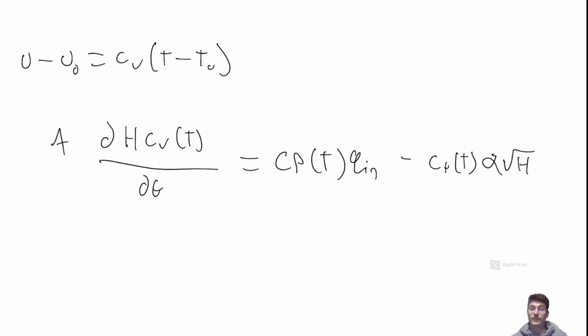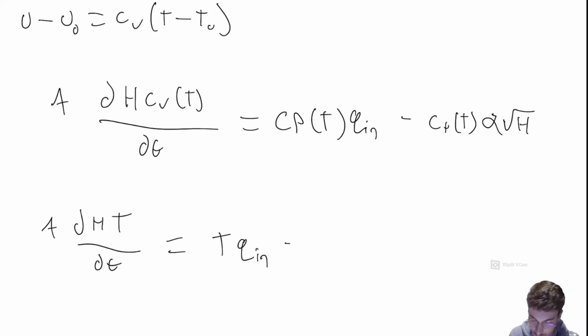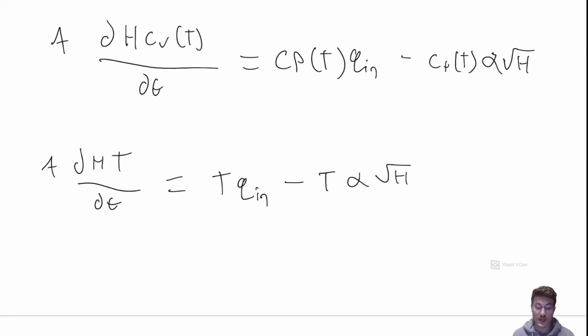So then, since we earlier said that CP and CV we're going to set those equal to each other for this case for simplicity, we can go ahead and pull that out with the A and just completely cancel those out. So then what this is going to be, well, we can factor it out and then cancel it out. So then it'll end up being A dHT over dt, and this A is out here, is equal to the temperature Q in minus the temperature alpha radical H. Now, to get the respective temperature, we can split those apart,